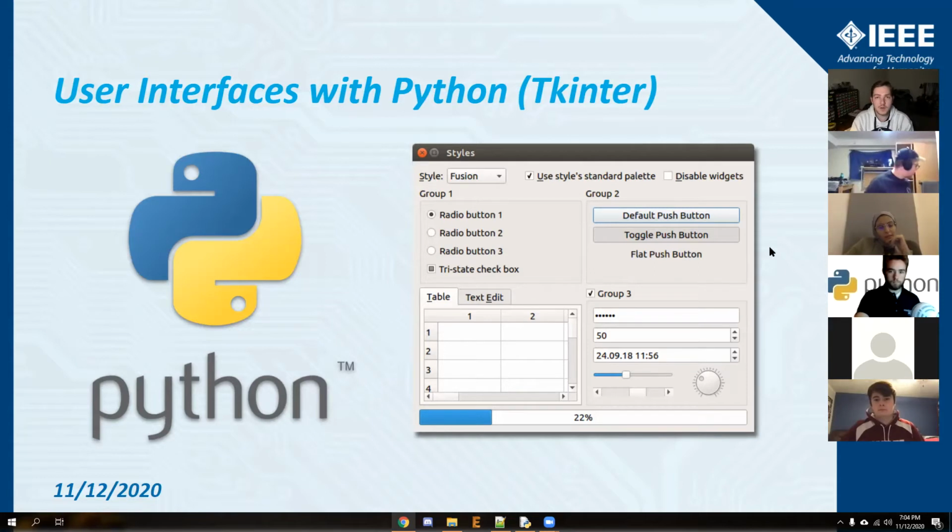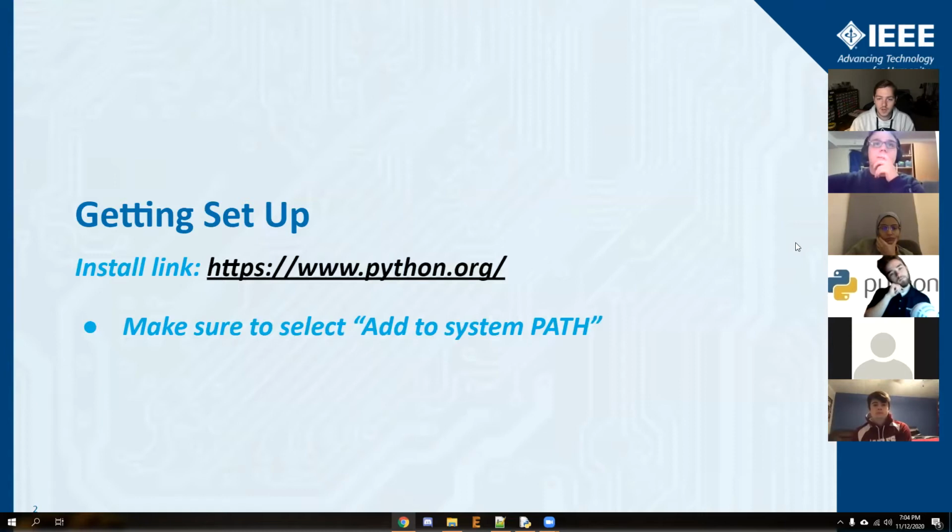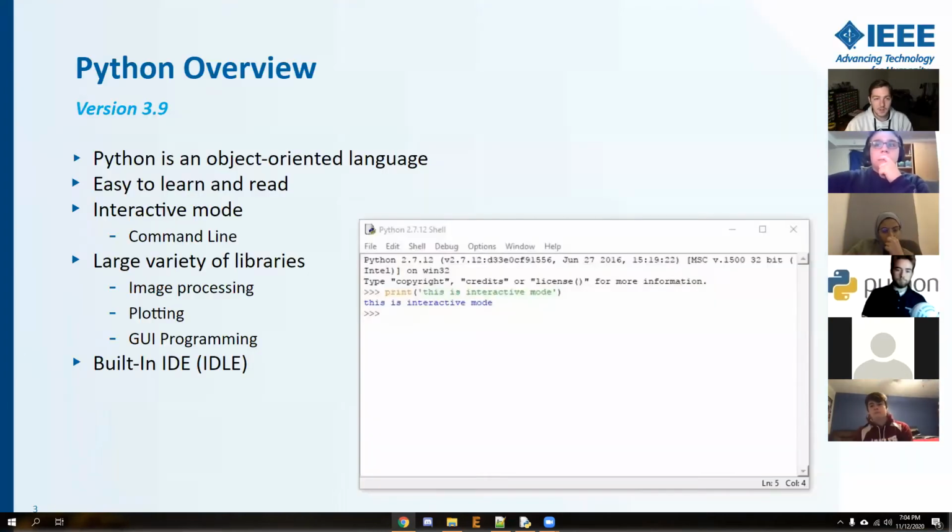The library that we're going to be using is Tkinter, and you can see an example of one of the styles on the right side of the screen here. But first, by the way, is everybody set up with Python? Everybody have it installed? Thumbs up, head nods. Okay, sweet. So I'm going to turn it over to Jackie real quick,